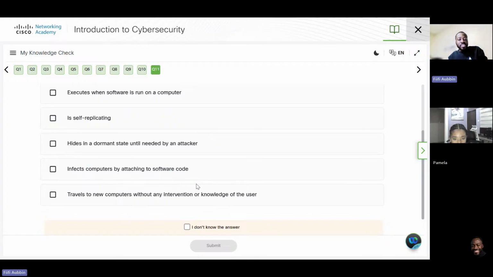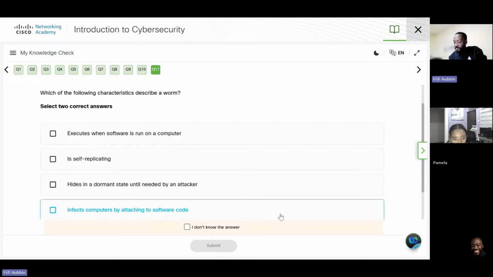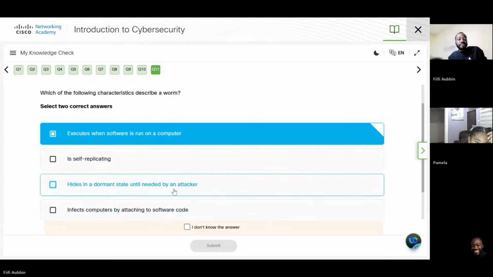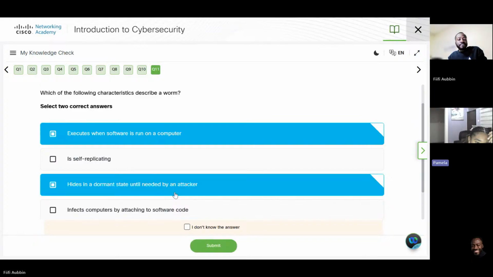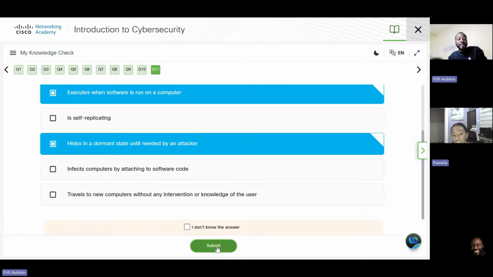Travels to new computers without any intervention or knowledge of the user. I think, so selecting two. I think the first one, and then maybe hides in dormant state. That's your answer? I don't know.